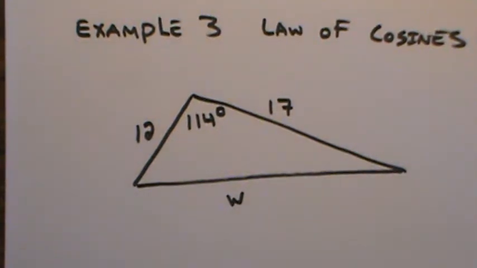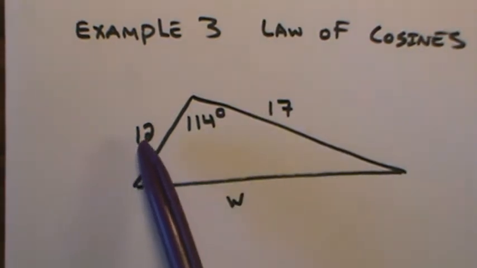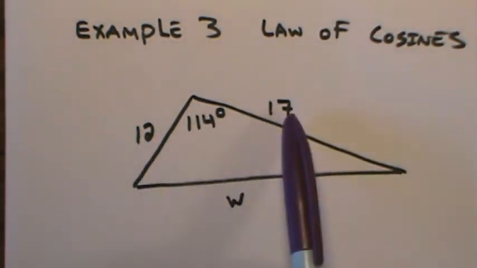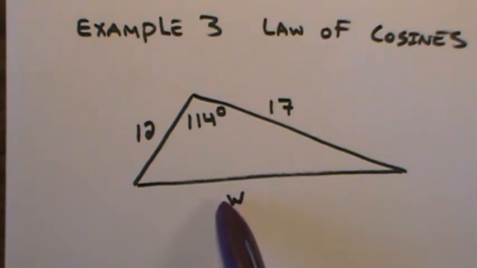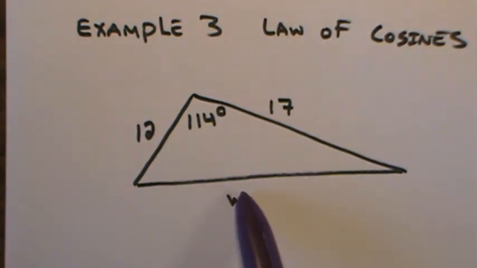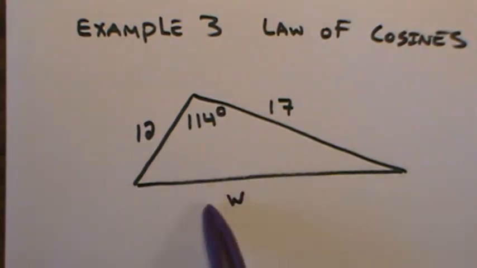Example 3 for the law of cosines. Once again, we note that we have the side angle side scenario. In this problem, we're looking for little w. The only thing I'm interested in is finding the length of little w. To do that,